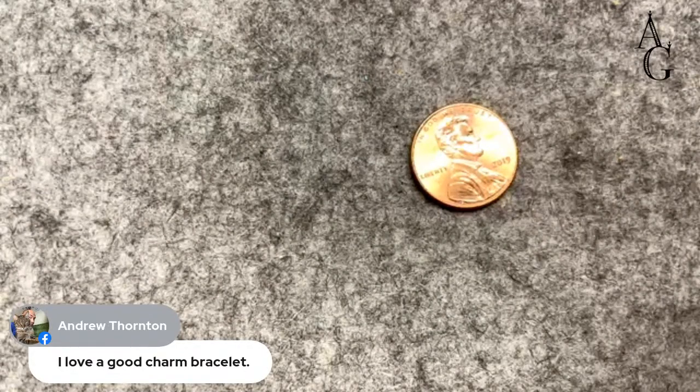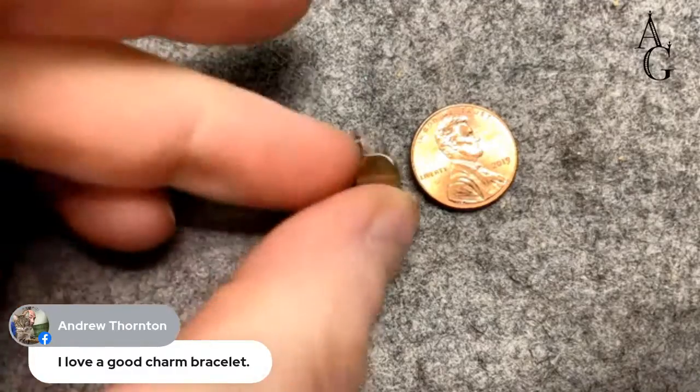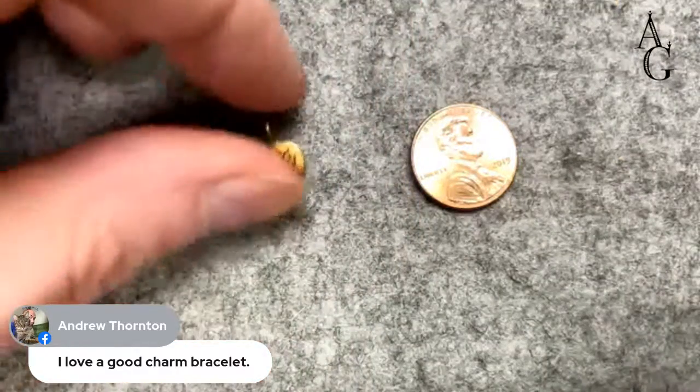Now, I'm going to make sure. I was running late to start this today because I was chatting with some people, and I didn't do my due diligence here with figuring out, making sure these are bronze versus gold. So next up, whoops, as I flip it over,